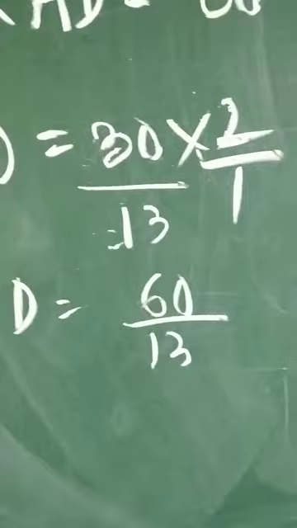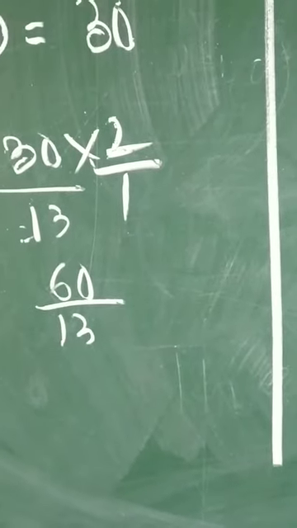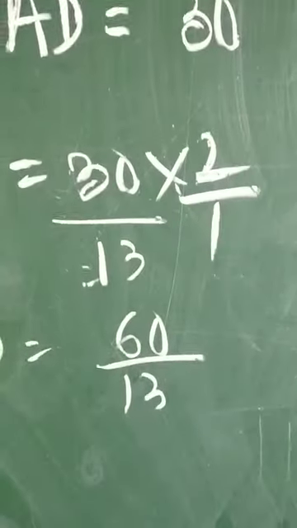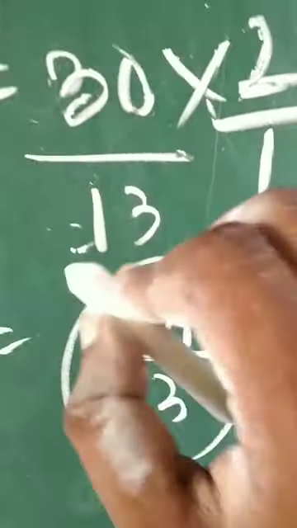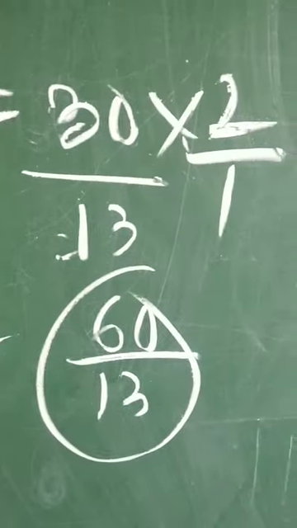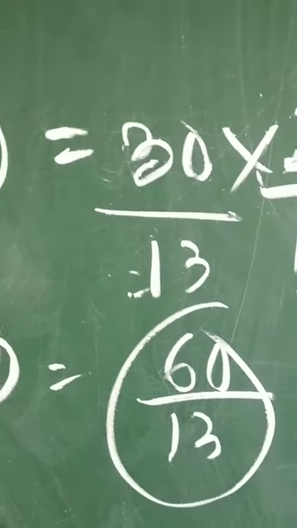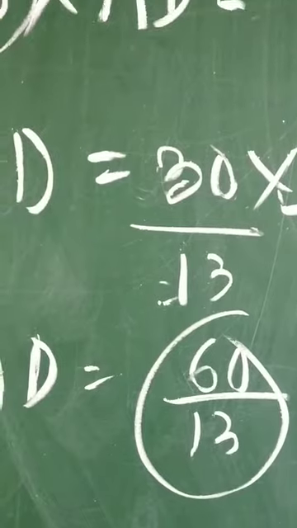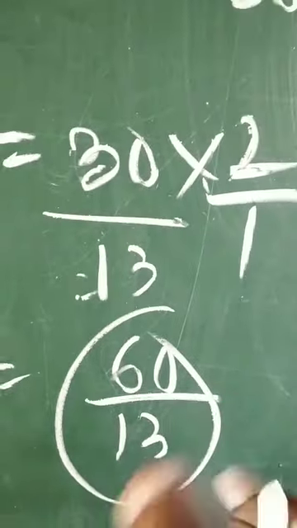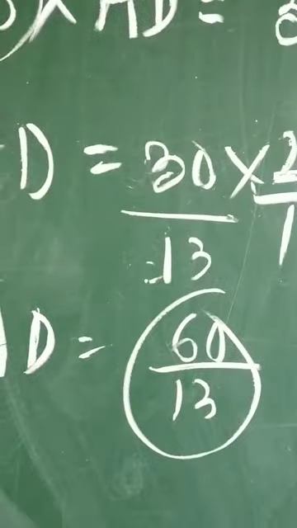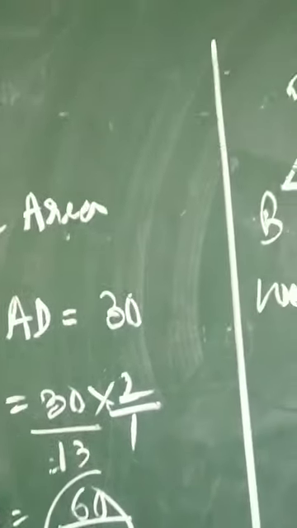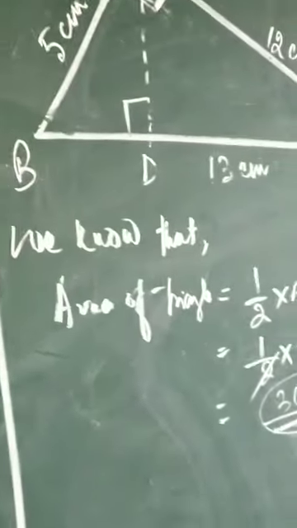We cannot have a proper fraction in this situation, so we have to bring the answer into decimal. Or if you want to keep your answer as 60 by 30, up to you. You can check in your book whether they have asked you to write the answer in decimal or in fraction. If it is asked in fraction, let it be this way. If it is in decimal, you can convert, no problem in that. So children, this is how we got the answer of question number 7.